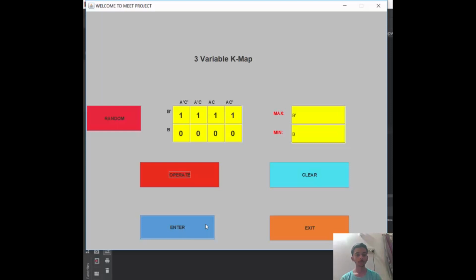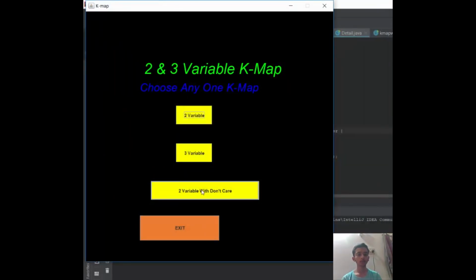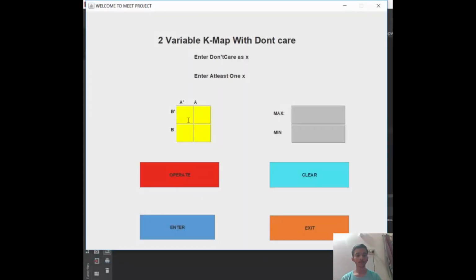Now we are going to proceed to the next, which is basically a 2 variable K-map with don't care condition. Here the user has to enter at least one don't care condition. I am giving one don't care condition and some random values. You can see that here is the answer. It is basically 1 for this pairing, and 0 is paired with this don't care condition, and the answer gives B bar of min term. Now by clearing the screen, giving other random values,